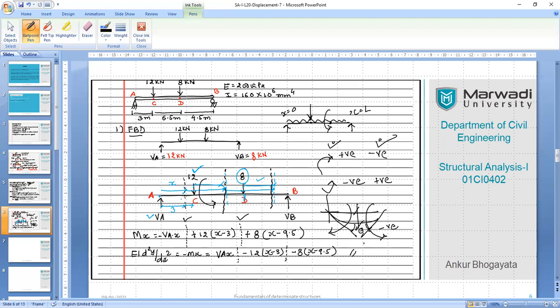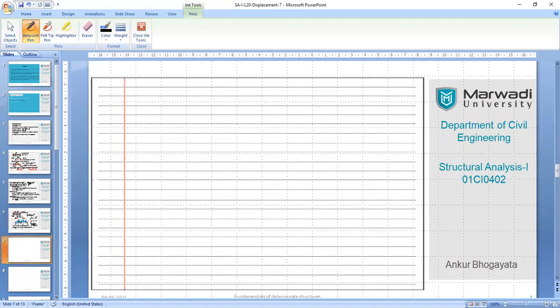So now we can see that we have put all these equations in the generalized governing format. Let's write down once again the same equation: EI d²y/dx² equals VA x,